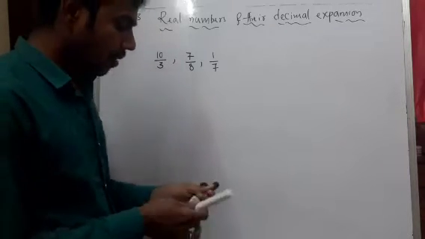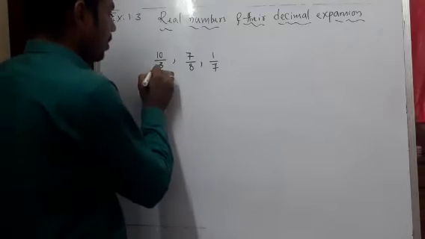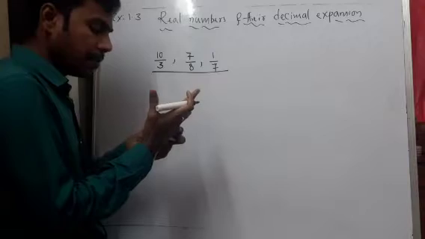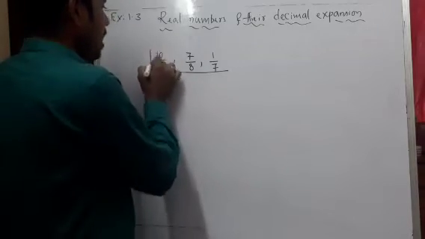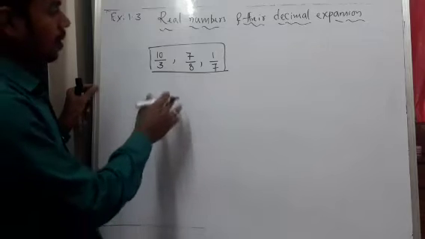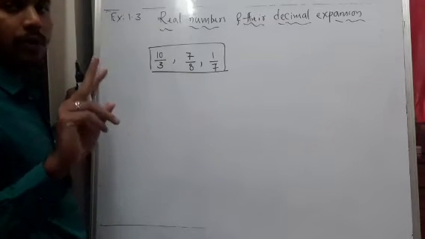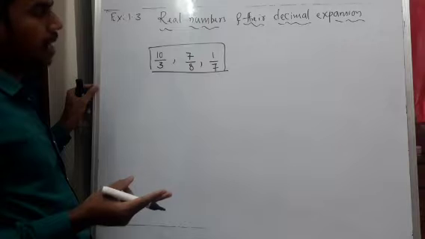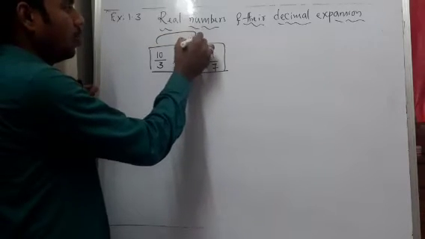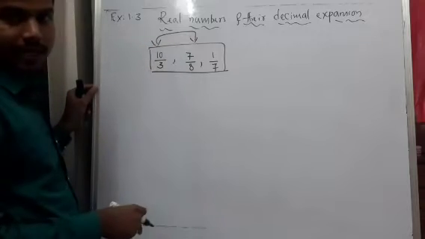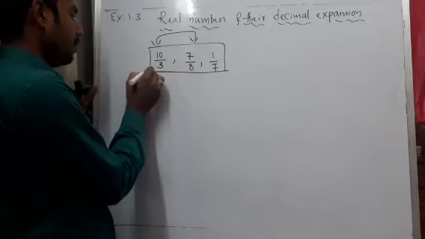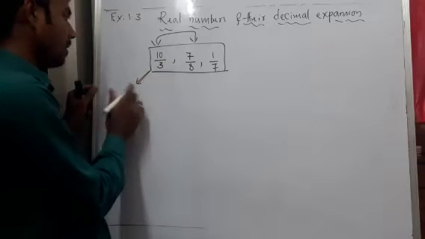So in this, first we'll discuss the rational numbers, how they are organized, and what the basic types of rational numbers are. With these three examples, we are going to get two types of decimal expansion. What is the difference between the two types? We will understand through these three examples. The first one is 10 by 3. So we will get the decimal expansion of 10 by 3 here.